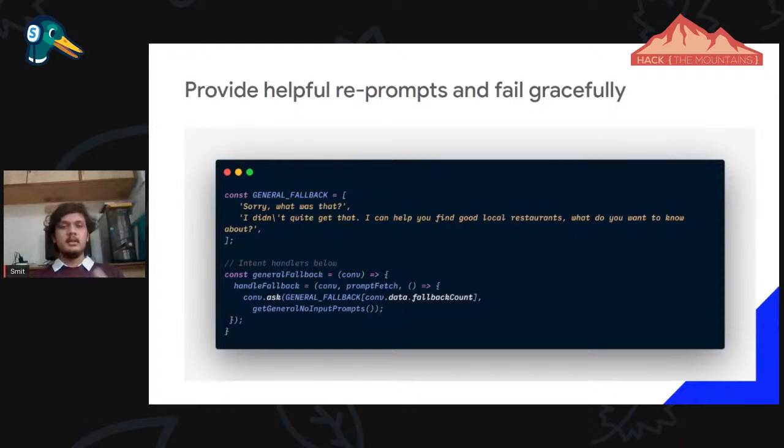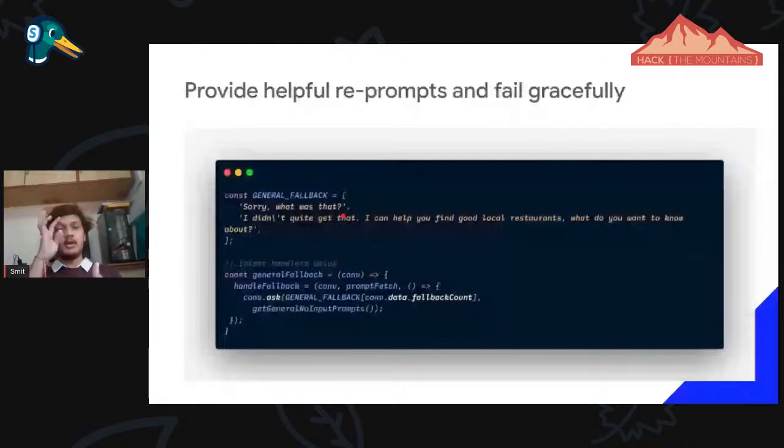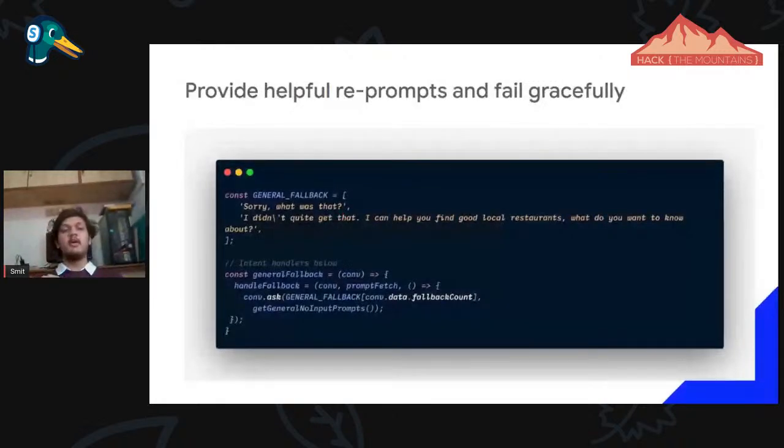This is an example of Dominos. It means a general fallback. Suppose there are two types of intent: the welcome intent, which is called when the user invokes the function, and a fallback intent. Fallback intent means whatever the user asks, we don't have any answer to give them. So we need to make a more meaningful conversation. Even if the user asks something unnecessary, we should give them suggestions, suggestion chips, or links like a list. It will help the user understand the actions in a better way, and it will increase the conversation rate in analytics.